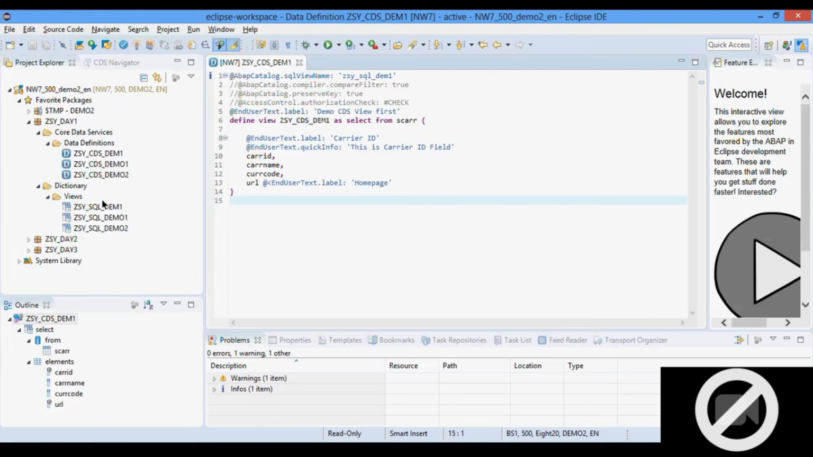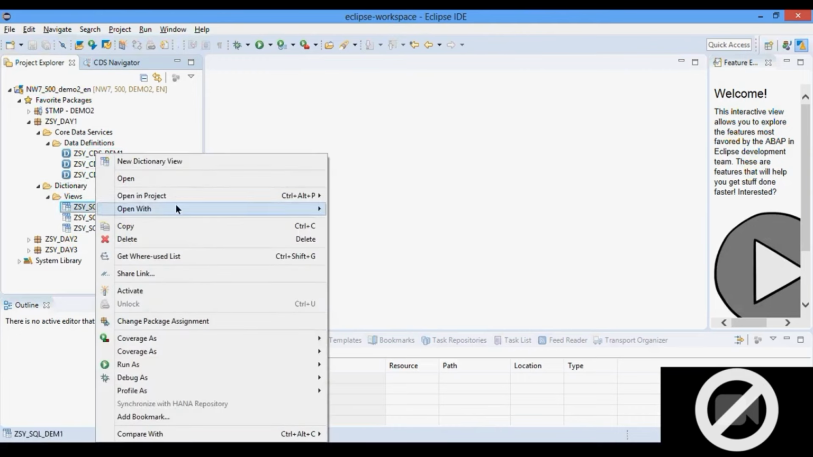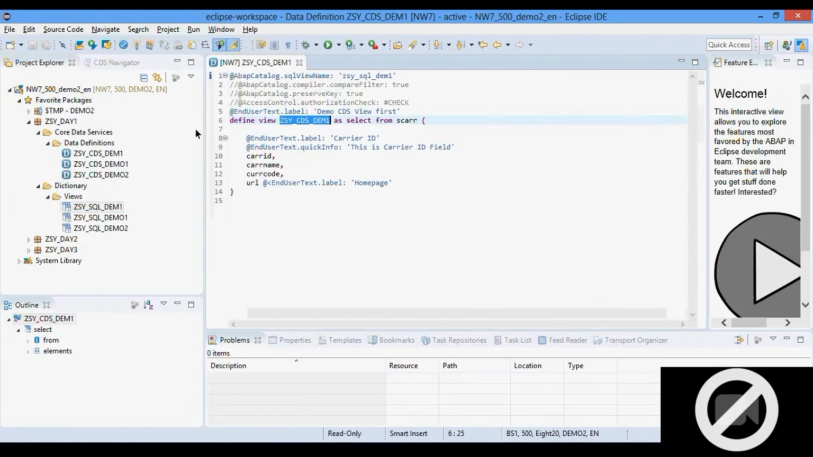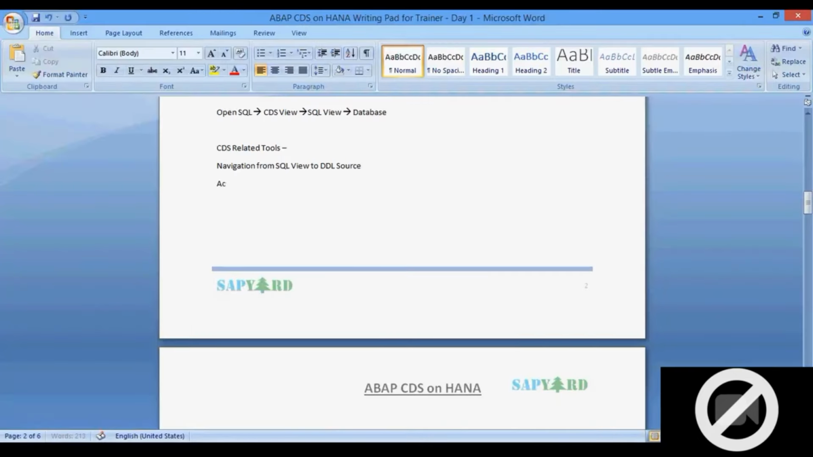There was one question asked by someone. Suppose I close it. Now I have these particular views and I don't know for which SQL view what is the corresponding CDS view. So just right click on the SQL view, click on open with and click here definition. It will open the CDS view corresponding to that. This is a very useful tool in order to navigate from my SQL view to my data definition, the actual CDS view. Now the second tool which is available is active